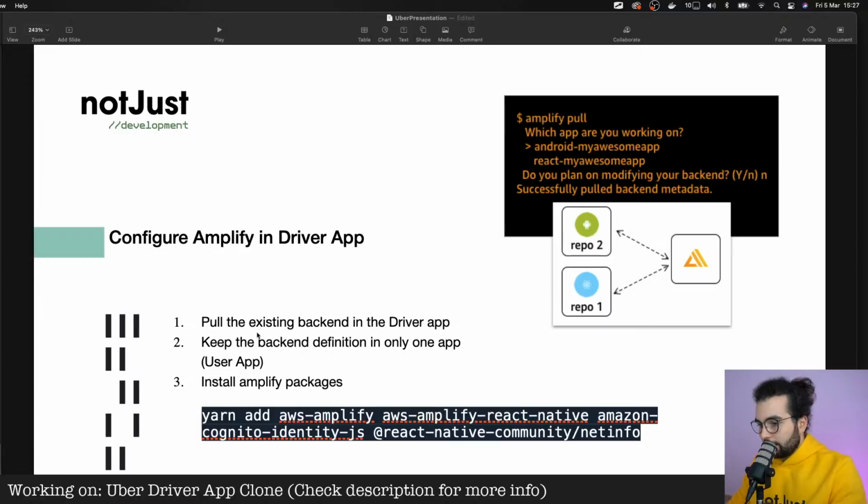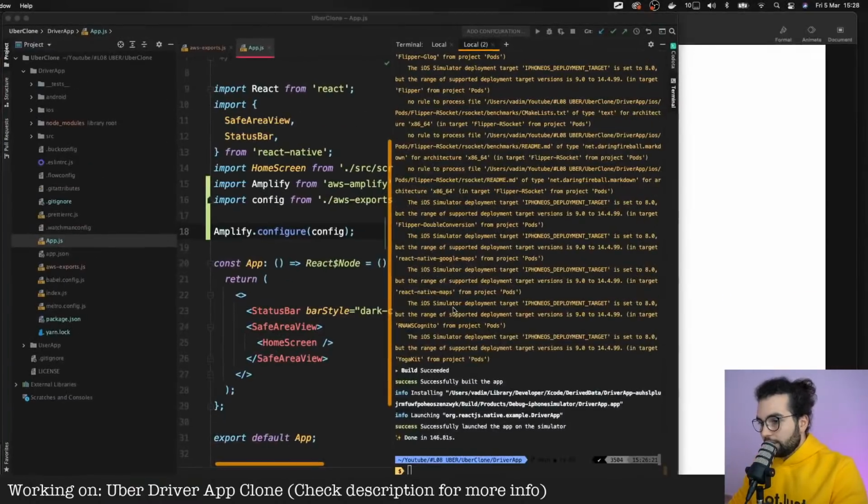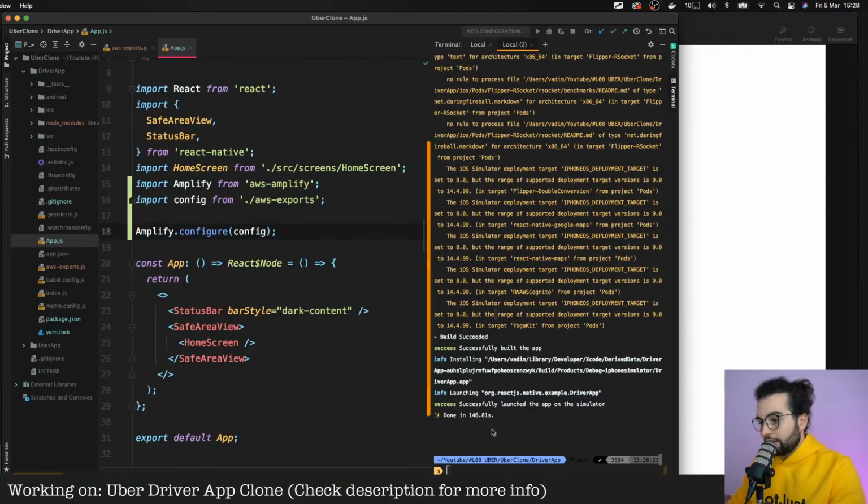The next step is, okay, we installed the Amplify packages. Okay, Amplify is configured. Let's move on and configure authentication. If you remember from the previous video, when we wanted to configure authentication, the first thing that we did was run amplify add auth, and that created this authentication.